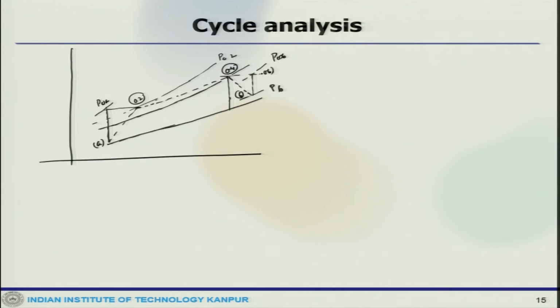So, here these lines which are dotted lines. Now, the actual one differs from the real one, and that is because of some of these losses which take place. Now, first we will start with the